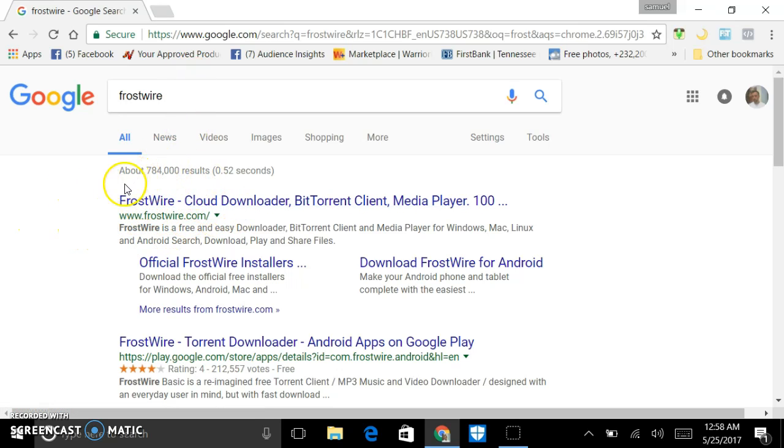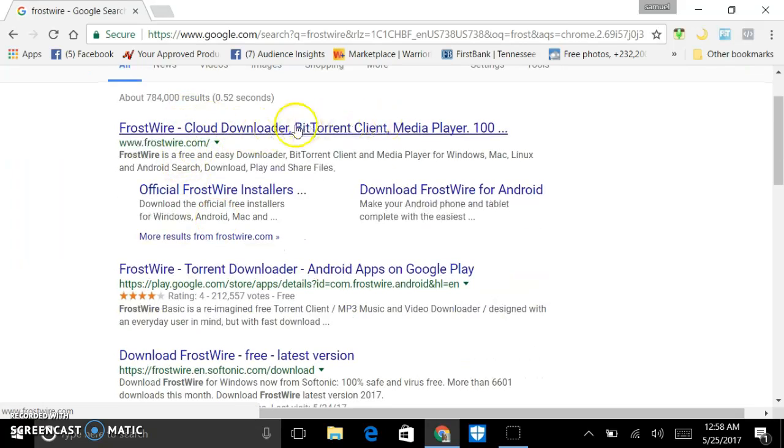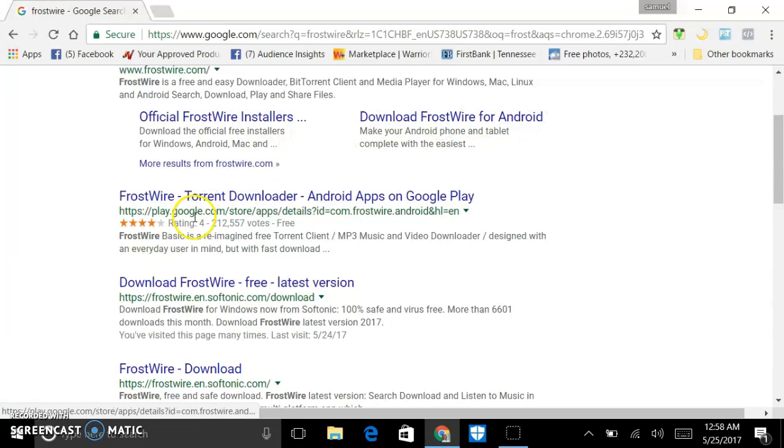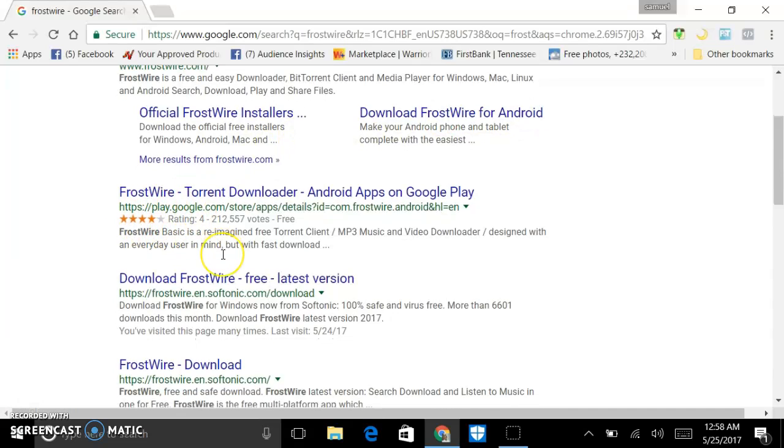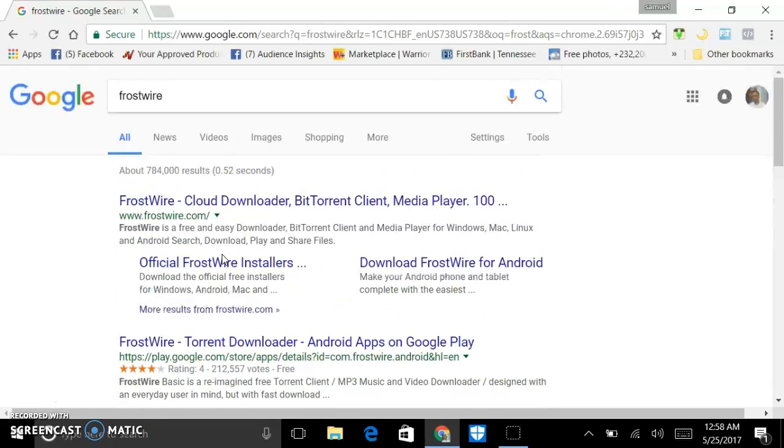Alright, so you do a Google search. Whatever browser you have, it may be different. In Google, though, I don't ever click on these first ones because they'll give you the program, but they also have something that goes with it, like this has something else, Media Player 100 or whatever. So I go down for whatever I'm looking for. I never click on these top ones because people pay to put their ads up here,